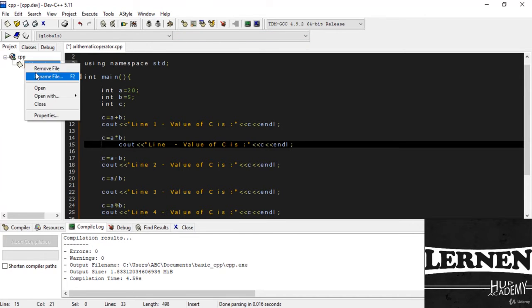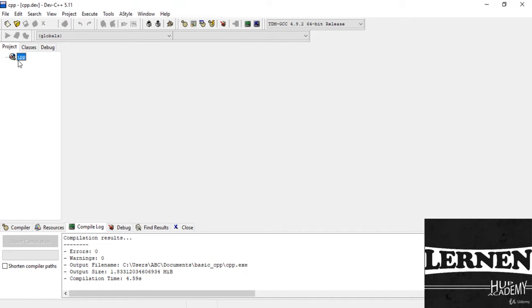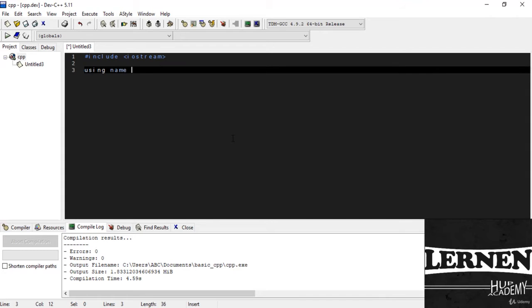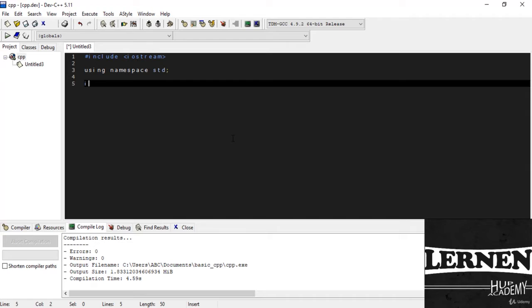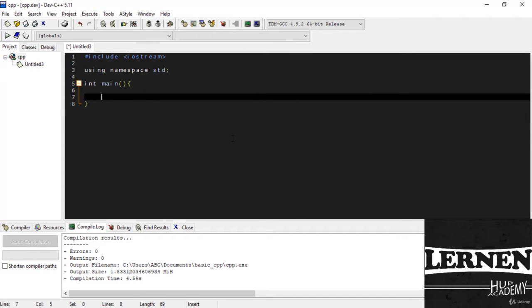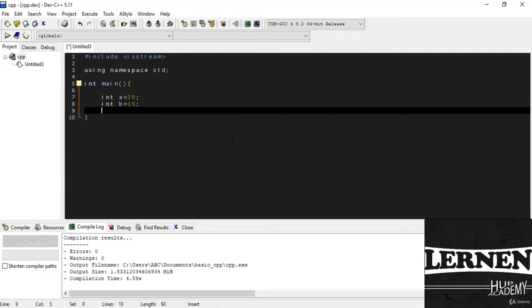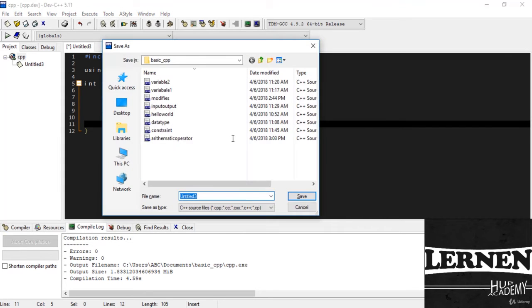I just create a new file, and here I just write hash include iostream and using namespace std and int main. Now int a which is equal to 20, then int b which is equal to 15, and then int c as an empty integer. So relational